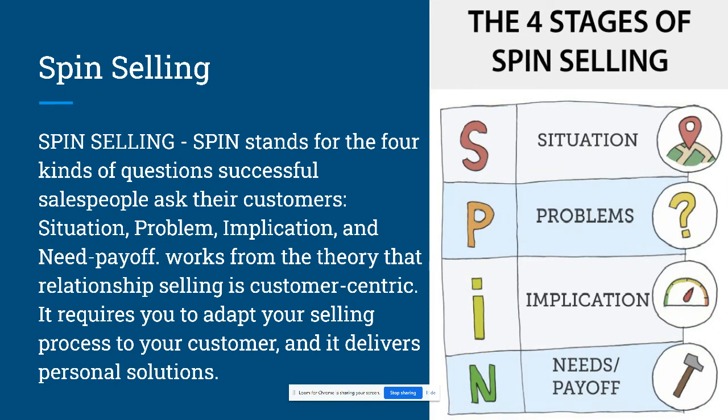So applying that AMA, where you're acknowledging their reluctance, you're making a statement to let them know that you have empathy for their situation, and you're actually proposing a solution and proposing that next step. That's spin selling. You're providing value by addressing their situation, addressing their problem, identifying the implications and their pain point, and you're providing that valuable proposition at the end by getting them on the line with a licensed health insurance agent that's going to get them the valuable information that they need to really make a valued decision on whether or not they need health insurance coverage from U.S. Health or they need health coverage from anybody, right?